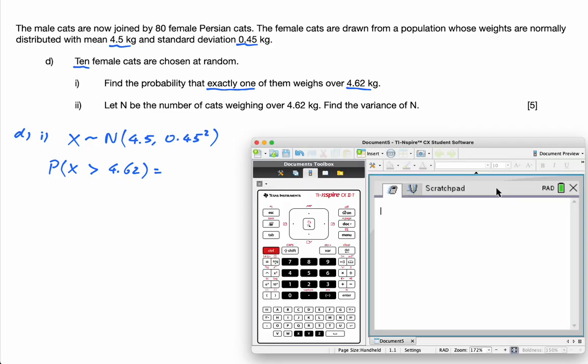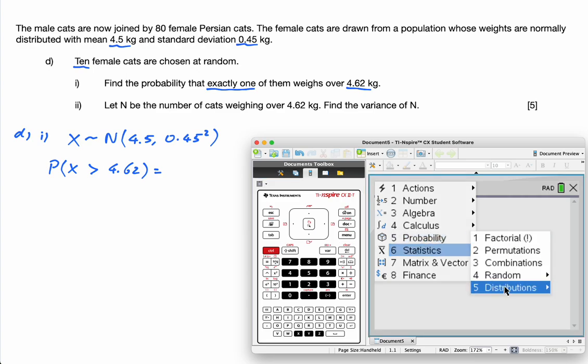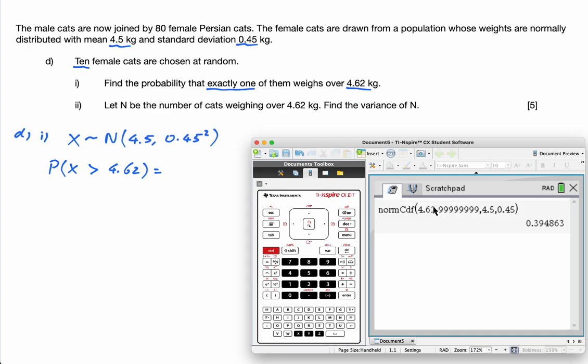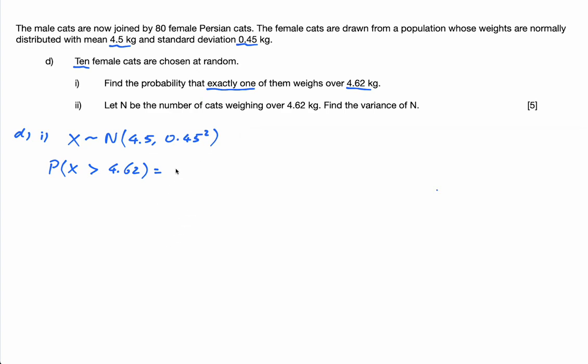this I need to do with my calculator. So it's menu, probability distributions, normal CDF, lower bound is 4.62, upper bound is some big number, let's do 9999999, mean 4.5, standard deviation 0.45, press enter. 0.394863, right? I'll leave that like this,